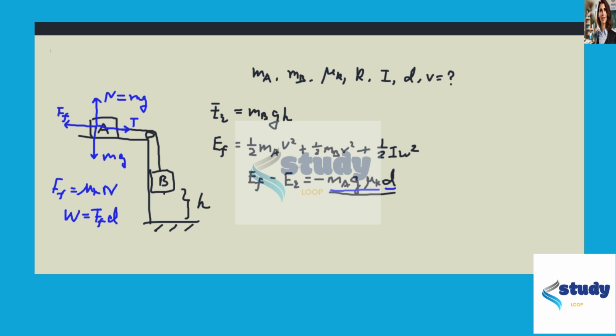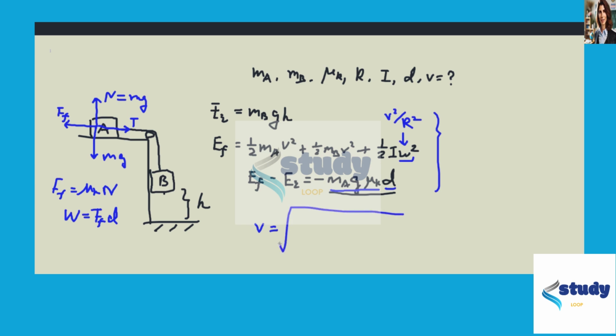All right, so combining the three equations, we can solve for the velocity. We still need another thing. So here, there's an unknown omega, but we can re-express it in terms of the velocity and the radius of the pulley. So now, combining these three equations, we only have one unknown, that is v. So then we can solve for v to be